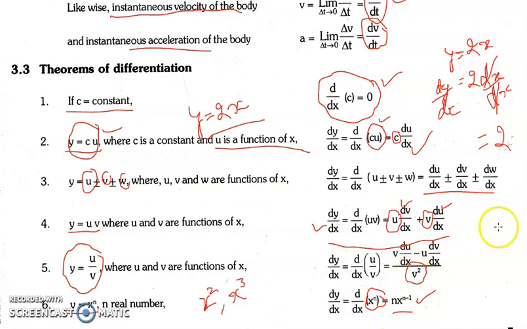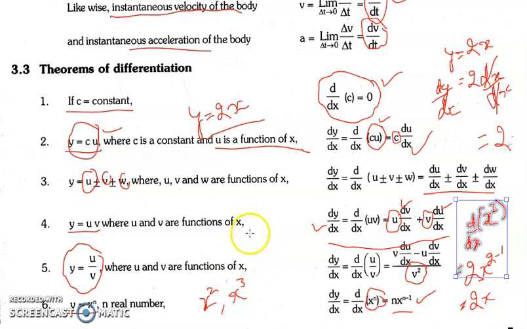Means, for example, we are trying to find the derivative of x square. Okay, if we are trying to calculate the derivative for x square with respect to x, what we'll do is this power will come forward, n x raised to the power n minus 1. So the final answer for this would be 2 into x. This is the derivative for x square.